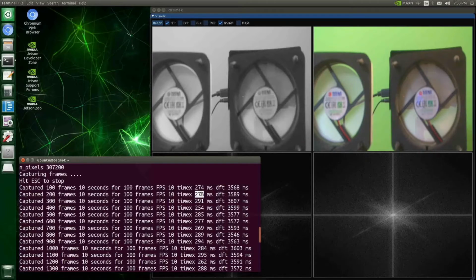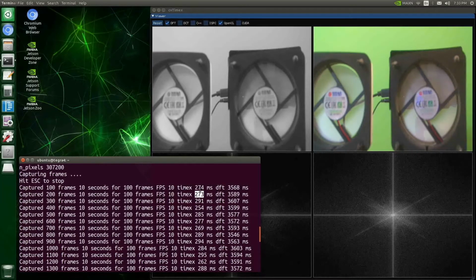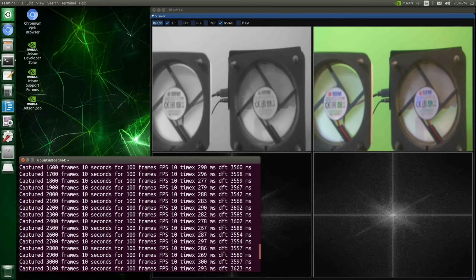273 right now is the time that it takes OpenCL on the CPU. For example, the numbers for OpenCL are showing up around 274. 254 is the lowest so far, and since I've been capturing for a while, it seems like it's under 300. I saw maybe one 300 millisecond number in there. In any case, since this has been running for a bit, I'm going to actually stop, because what happens is